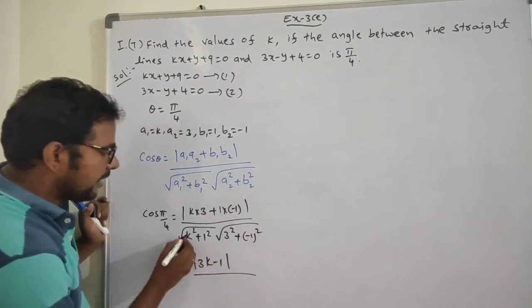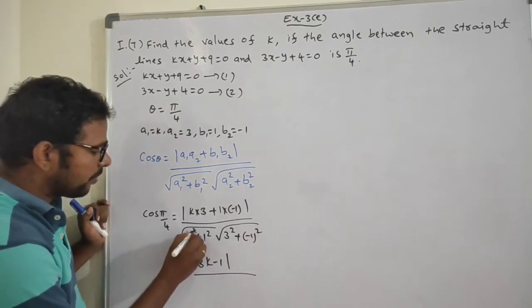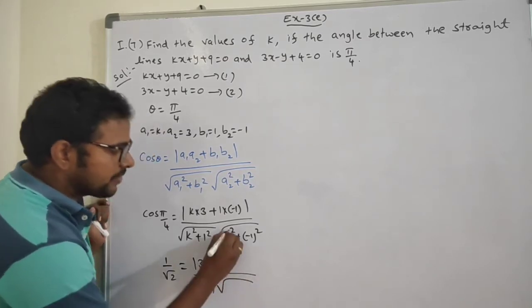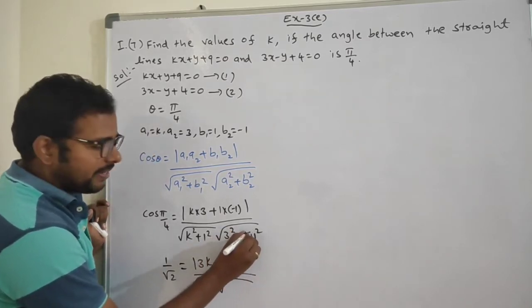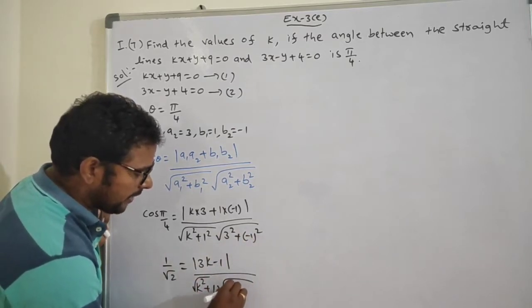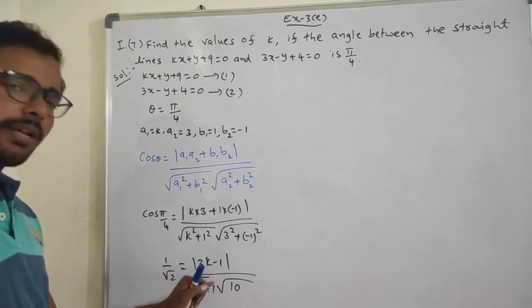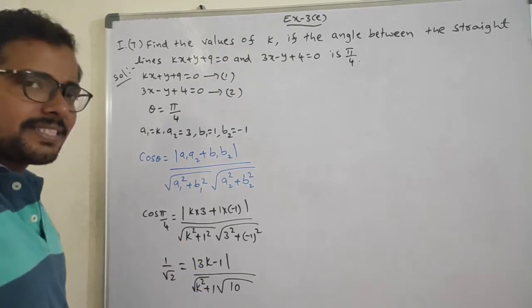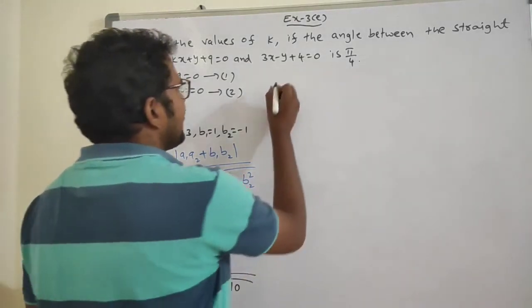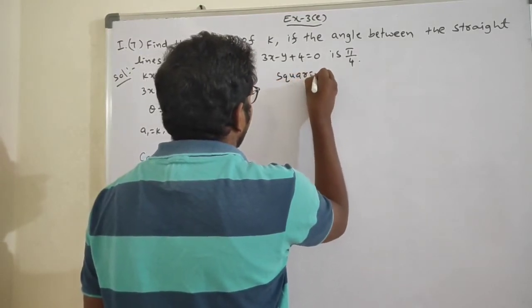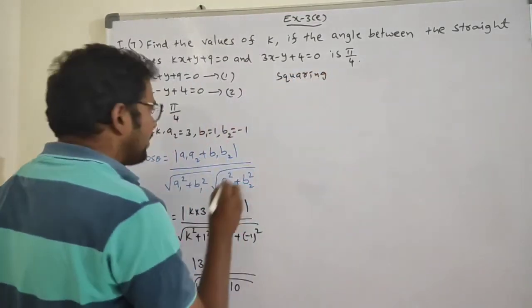By under root of k square plus 1, 1 square means 1 only, into under root of 3 square అంటే 9, 1 square అంటే 1, 9 plus 1 10 వస్తుంది root 10. సో లెఫ్ట్ సైడ్ root 2 ఉంది రైట్ సైడ్ root 2 టర్మ్స్ ఉన్నాయి కదా రూట్ క్యాన్సిల్ చేయాలంటే స్క్వేరింగ్ చేయాలి. నౌ స్క్వేరింగ్ ఆన్ బోత్ ద సైడ్స్ స్క్వేరింగ్ చేస్తే వస్తుంది 1 by root 2